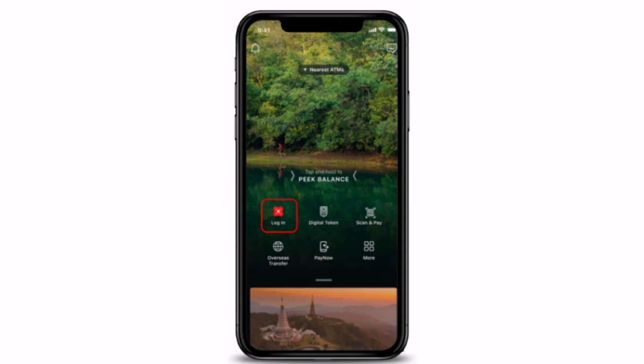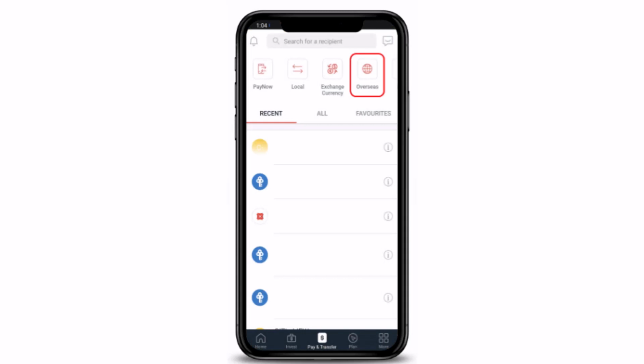Once you open up your DBS application, this is what the interface is going to look like. Next, you'll have to log in to your mobile banking account. So you can either use Touch or Face ID, or DigiBank user ID and PIN in order to log in to your account. So once you're logged into your account, next tap on Pay and Transfer, followed by Overseas